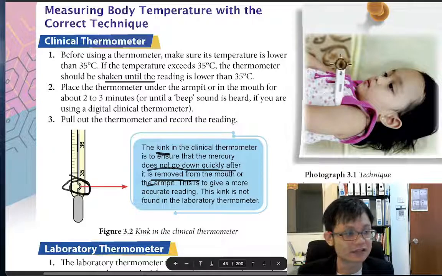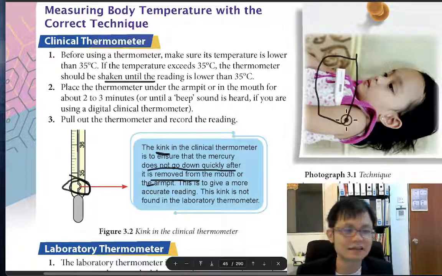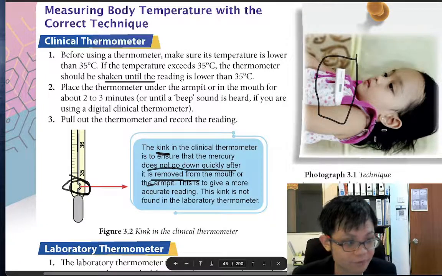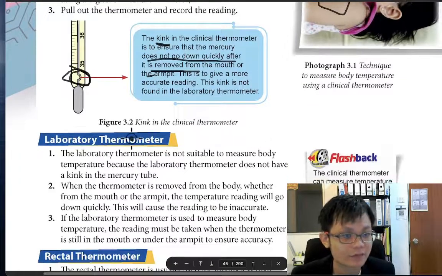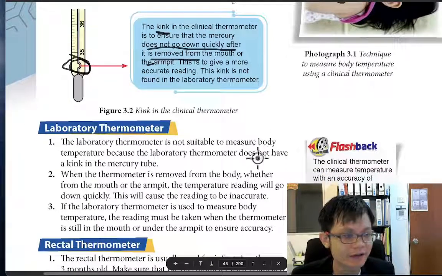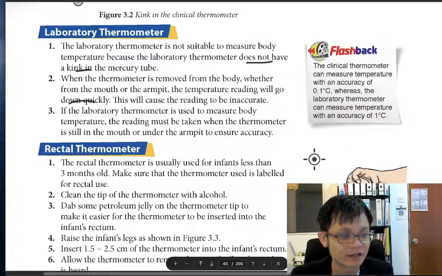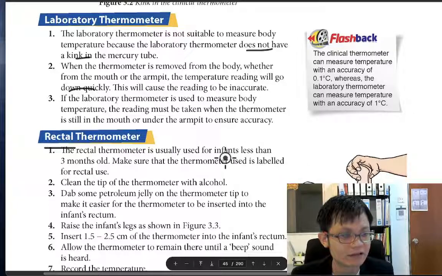But of course this one is more accurate. Then you can see the reading, which is more accurate. A laboratory thermometer does not have a kink, and when a thermometer is removed from the body, whether from the mouth or armpit, the temperature reading will go down quickly, so the reading will be inaccurate. A rectal thermometer is usually used for infants less than 3 months old, meaning